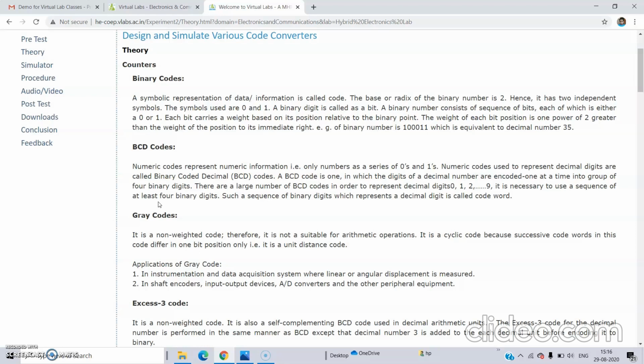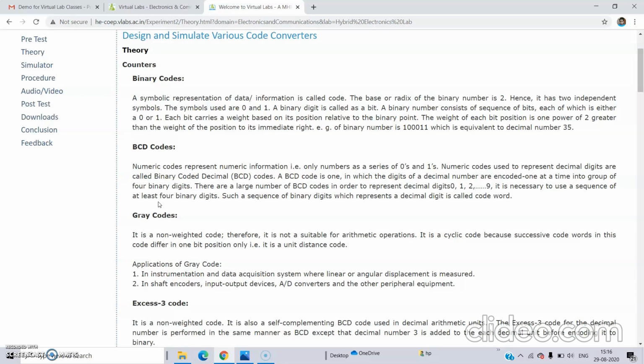So a BCD code is one in which the digits of a decimal number are encoded one at a time into a group of 4 binary digits. By using 4 binary digits, we are encoding the value of decimal into binary. There are a large number of BCD codes.